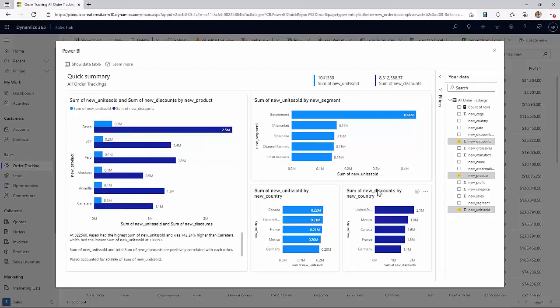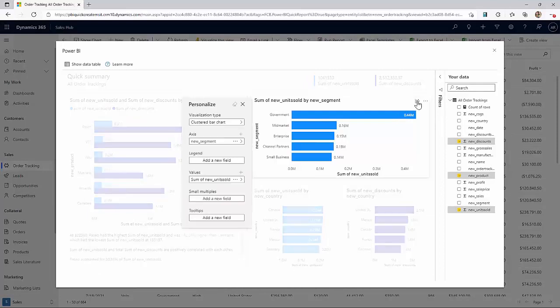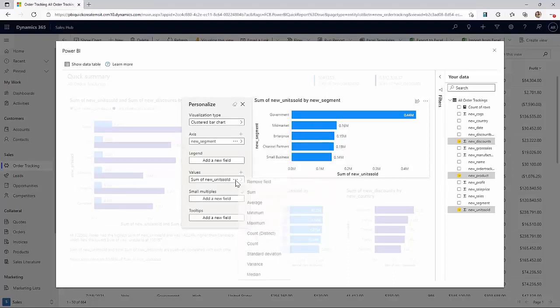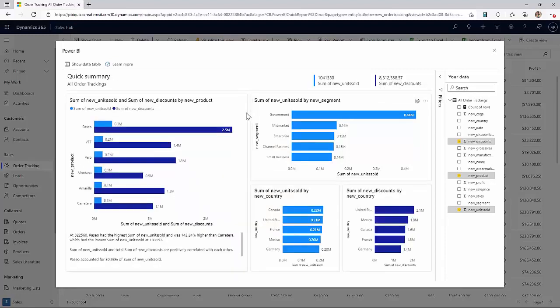And then on the right half of the page, the bottom right visual was updated to show discounts by country. And then once the report is generally showing the fields you're most interested in, you can use the personalize this visual option to make more refined edits to it. So you can do things like change the chart type to any of the available charts we have, change what fields are being used on, say, the axis, or also do things like change the aggregation type. So you can really start going in there and refining it down to exactly the type of insights you want